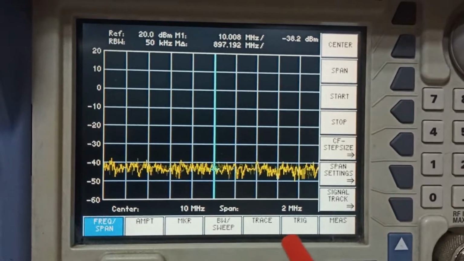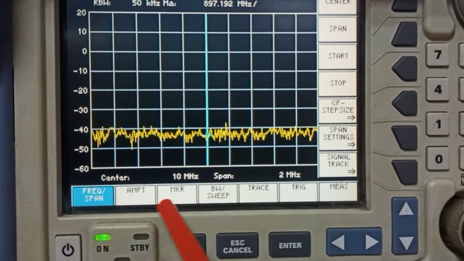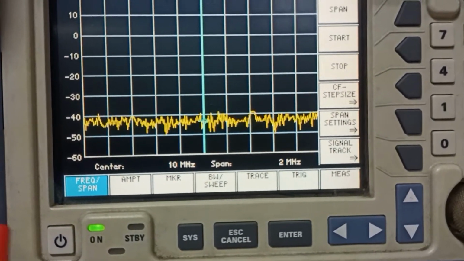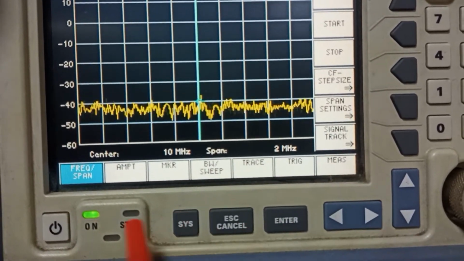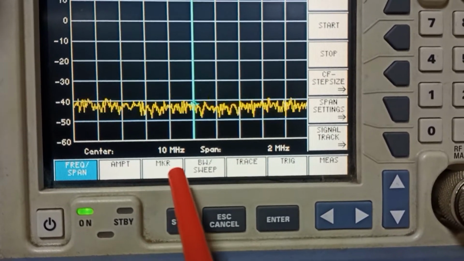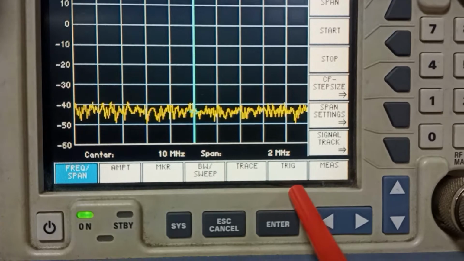Next is your menu area, menu display. Menus for setting the measurement parameters and the measurement functions are displayed in the menu area, like frequency, span, amplitude, marker, bandwidth, sweep, trace, triggering and measurement.